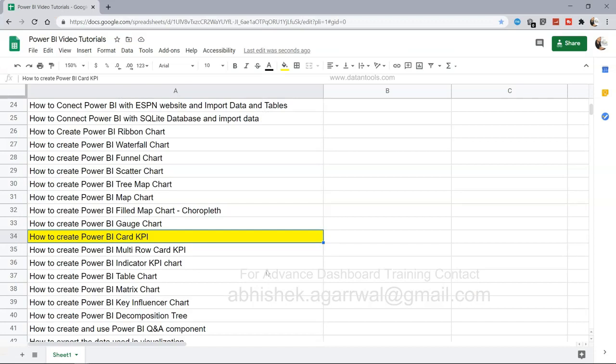Hello there, and welcome to the new Power BI tutorial, where I will show you how you are going to create the Power BI card KPI. So card KPI is a very highlighted number. You must have seen in various reports or dashboards that a particular number or a series of numbers have been highlighted with a bigger font size, and those are nothing but the card KPI within the Power BI,